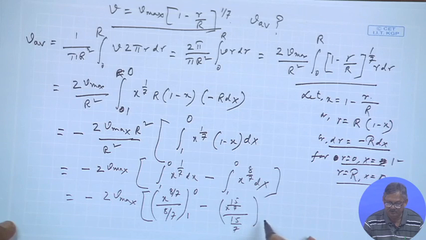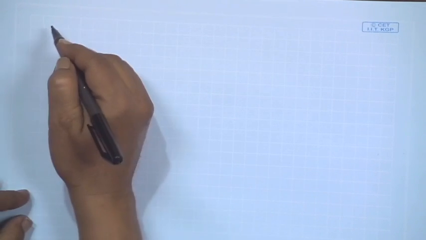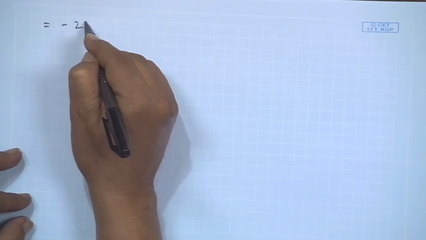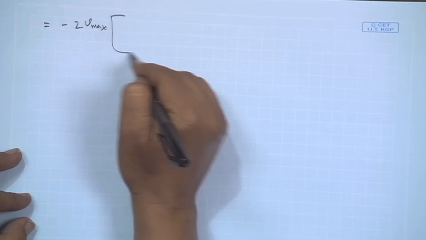This is also between 1 to 0. So, if this is true, then this is equal to minus 2 V max times,